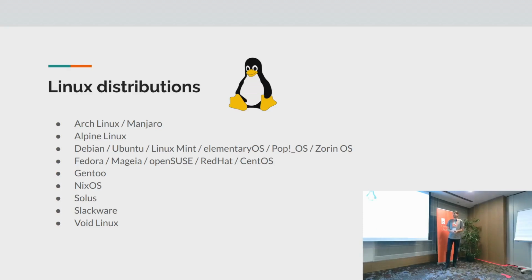We do have a lot of Linux distributions supported, including, of course, Ubuntu and all the derivatives, but also Arch-based, Alpine Linux, Gentoo, NixOS, Solus, Slackware, and Void Linux. So basically anything that people are using. It should be fairly trivial to support any other distribution. I mean, the daemon is in Python. The kernel module is with DKMS and C, which is a bit less nice.